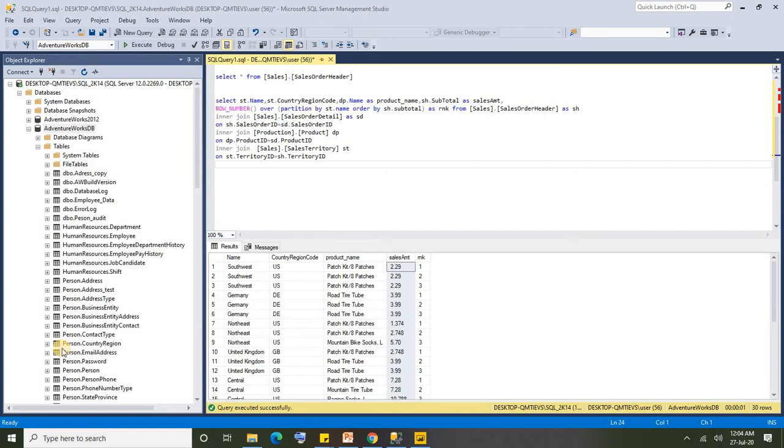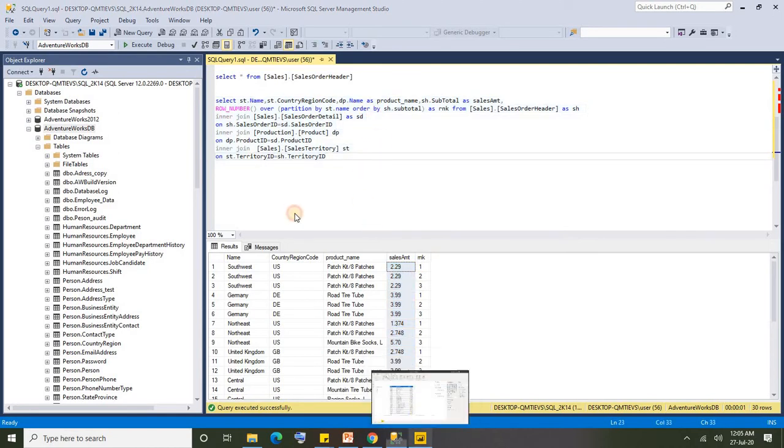In this video, let's see how we fetch the top 5 performing products per each country region based on the sales amount in Power BI by using DAX. Alright, let's get started. I used this query to pull the data into Power BI. I already pulled the required data into Power BI, and that query will give the below output. We have country region name, country region code, product name, and sales amount. Let's not worry about the rank; I just ranked it here for testing.